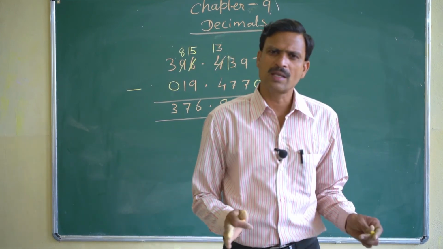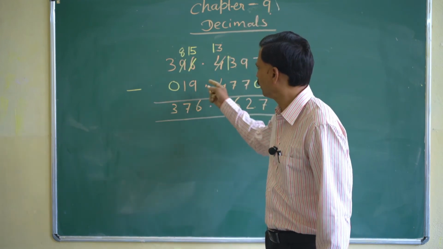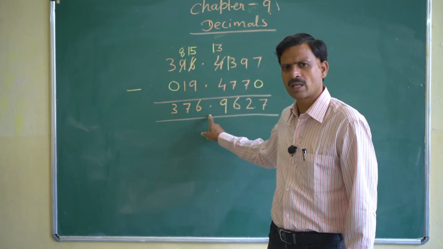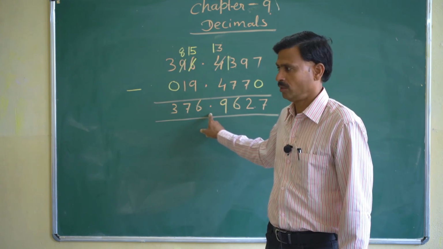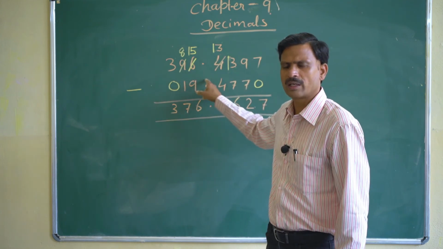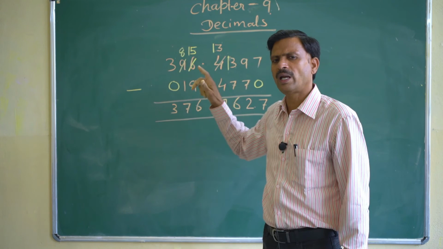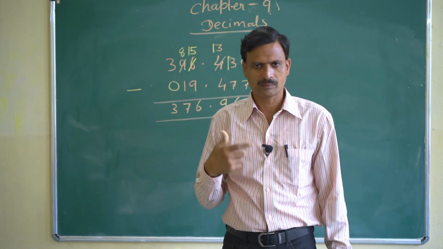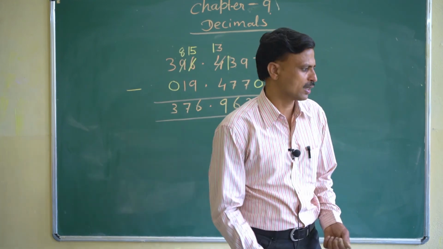So addition, subtraction, one more question I am taking of subtraction. The process is the same as we are subtracting other numbers, only here we have to remember where the decimal will come, in the correct place. Okay, and one thing, when we are starting the calculation, addition, subtraction, multiplication, we should convert these numbers into like decimals. Okay, and the meaning of like decimals I told you many times, you must know it. Okay, one more question.